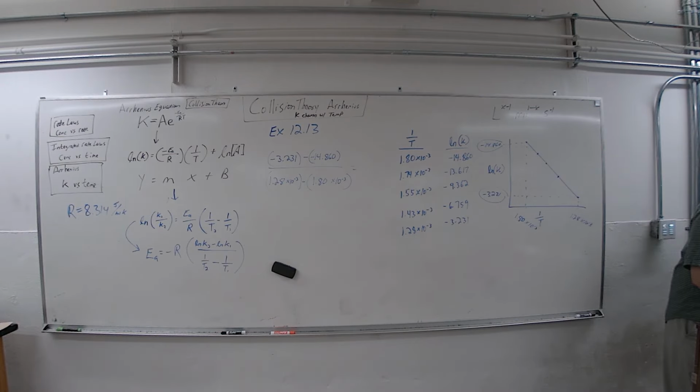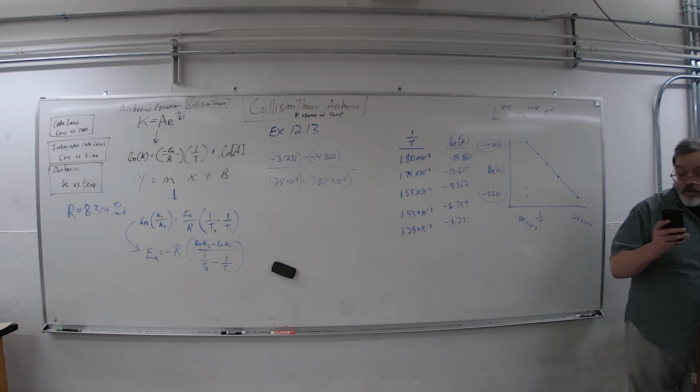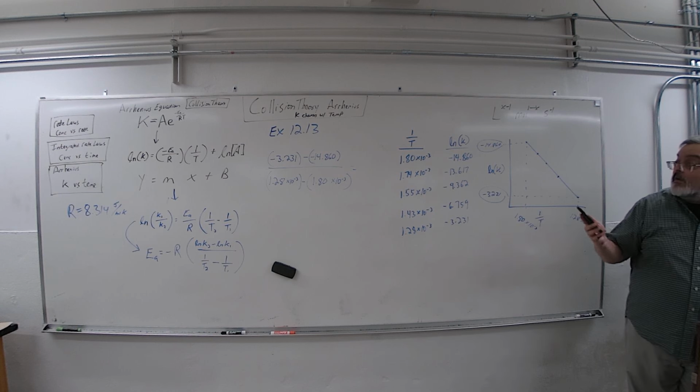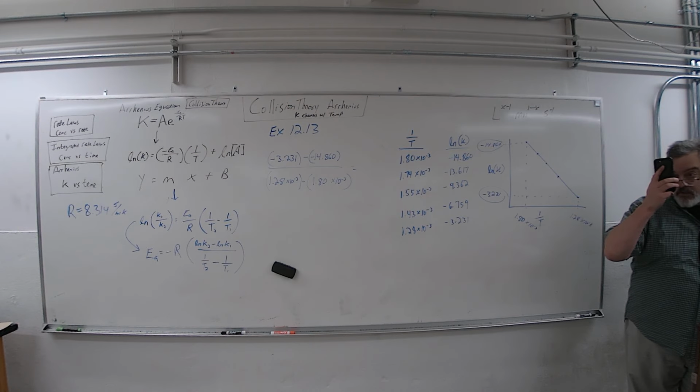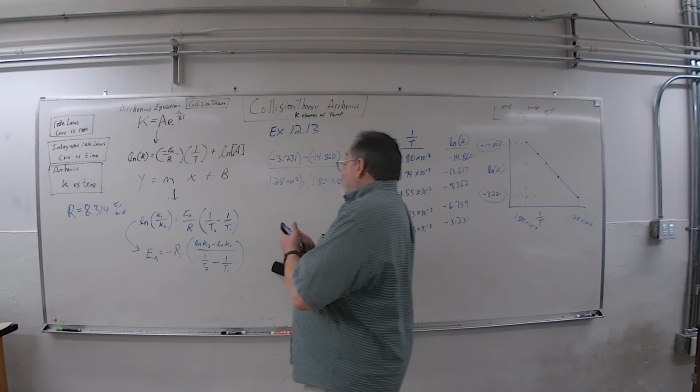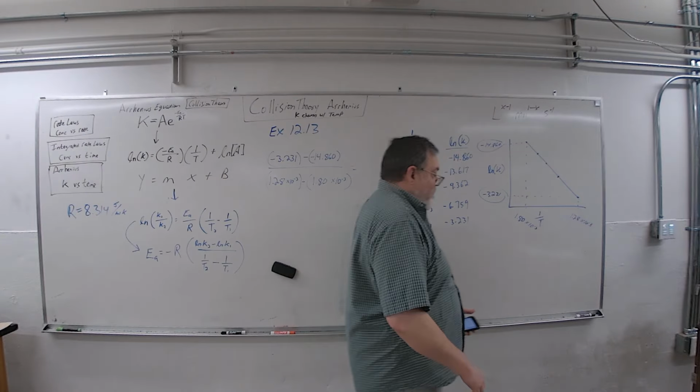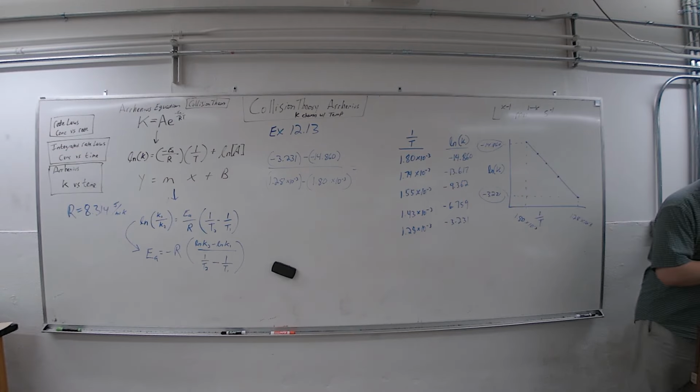I did this in a spreadsheet before. I'm running out of room on the board. Final minus initial. Well, let me just write it down without going through it. Either way, if you solve all that tedious math, you get